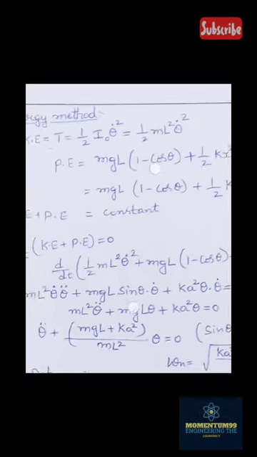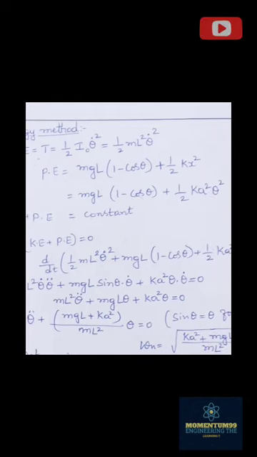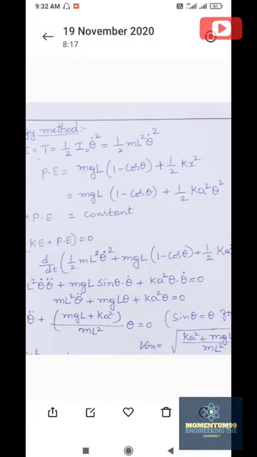Now, going on to the potential energy, V equals mgl into 1 minus cos theta. Potential energy is whatever is possessed by the mass and the spring element here. Since the mass is moving away from the point of suspension, we will be writing this equation as mgl into 1 minus cos theta. In the previous problem, since the mass was falling towards the point of suspension, we wrote there mgl into just cos theta. You have to remember this is the other case here.